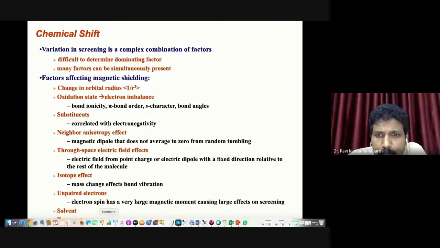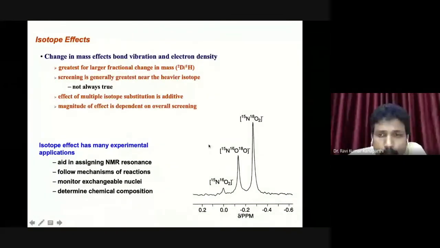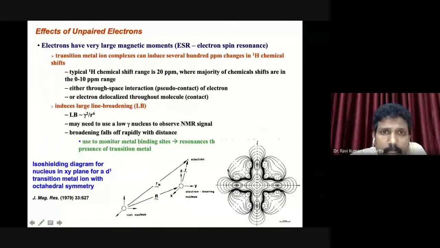So this is an example given that the isotope can also affect the chemical shift value. This is not a proton NMR, but with regard to the nitrogen-15 NMR, it is given here that you can see a clear difference in chemical shift value when you find the isotopes. So these details are not really necessary, but you can just remember that the isotope can really contribute to some extent to the chemical shift value changing, either to the plus side or the minus side. That's the point you just remember.